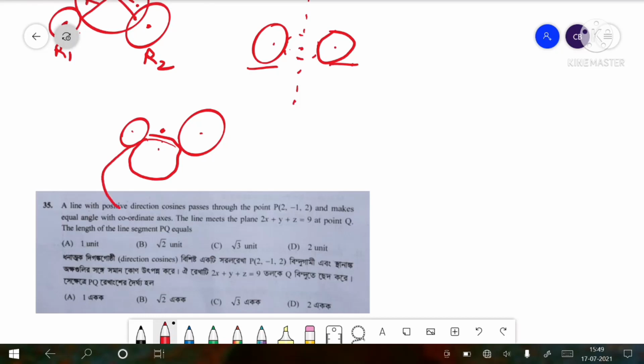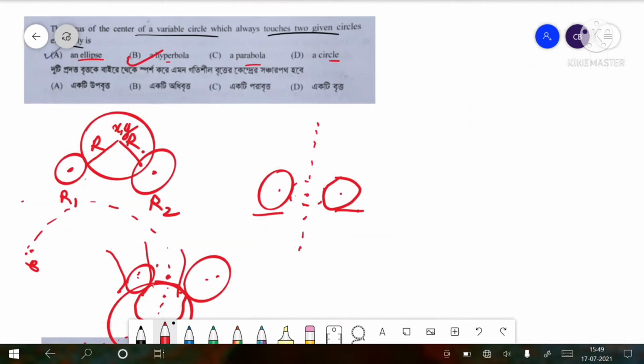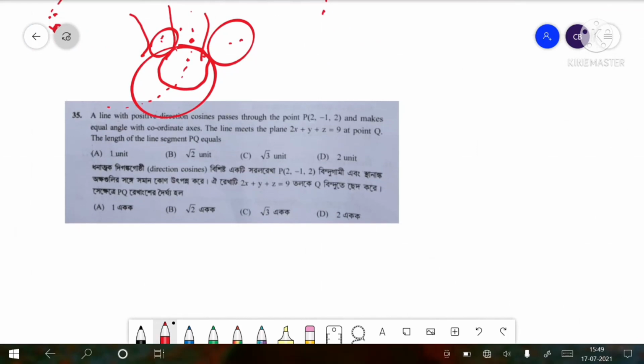Now as we go on for bigger circles, what happens is this goes on to be like this. Now as we go bigger, this will go to infinity. Why can't this go towards this? Because if the center is here, then it can either touch this side or this side or this side. It cannot touch both of those circles simultaneously. Therefore the answer will be a hyperbola.